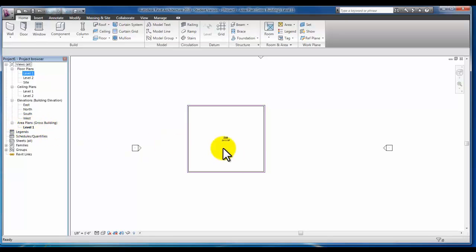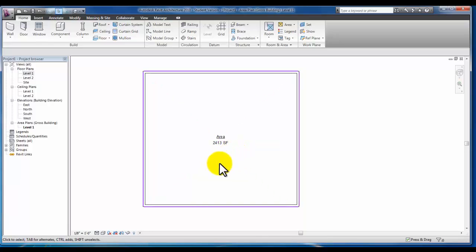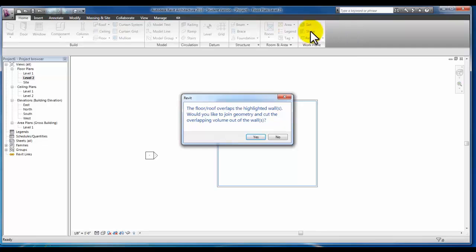You'll notice a new plan in the project browser, and the blue lines that are on the outside of the walls, and the big X and the area that's actually established right inside the drawing there, showing you the square footage. Now let's go to Level 2, and in the Level 2 plan we'll need to create a floor. It's based on the floor area, so we'll go to, in the Home tab, Floor, and then we'll highlight one of the walls and press the tab and then click,